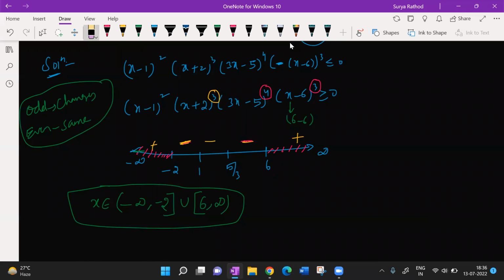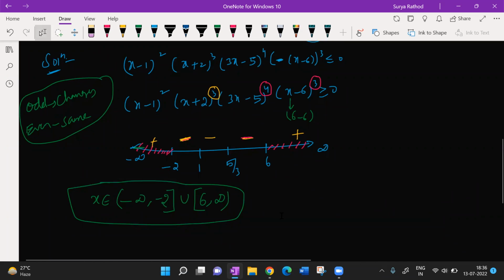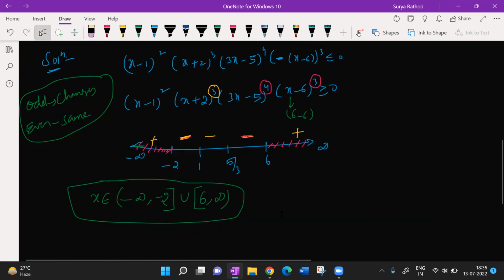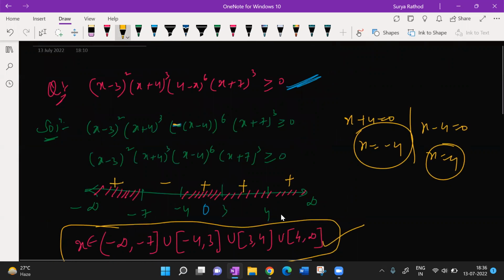Sir, any doubts? Sir, in this sum you changed the sign of inequality, sir, but before you did not change. Why? I changed it because I changed the inequality here just because of the odd power. In the last question we had, look at this here. Try to feel the difference here. Here I explained clearly, but I think you're not listening.